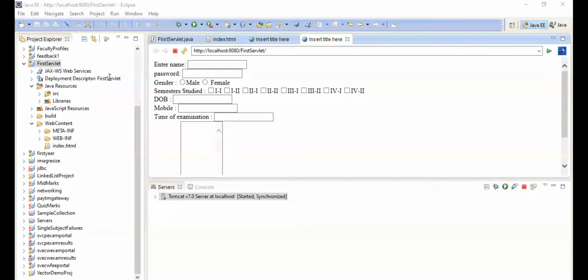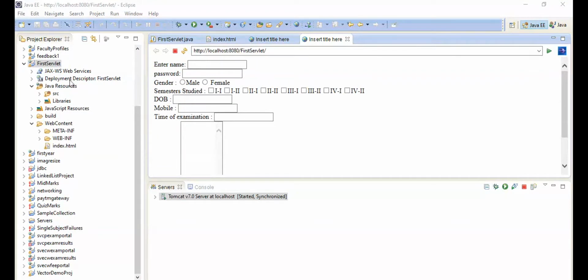Date of birth, mobile number, examination time 10:15 AM, address Bhimavaram, this is the email, and course MTech suppose. If you click on submit, then all the data will be submitted here.